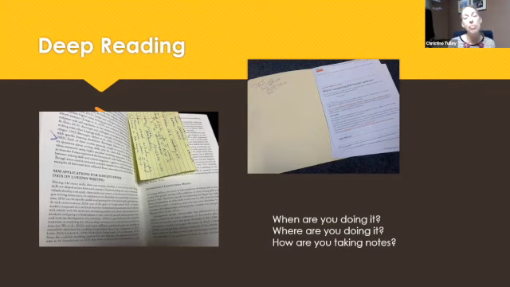But even deep scholarly books that I'm reading to support a class I'm teaching, I will still have one of those little small yellow, very small notepads inside the book because I'll make teaching notes on there. How am I going to use this book? Where are the assignments that I'm going to use with that? So that's books. The other thing that I do is at any given time, I always have a manila folder,